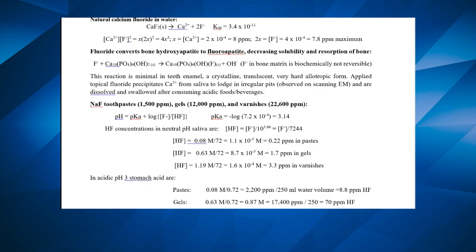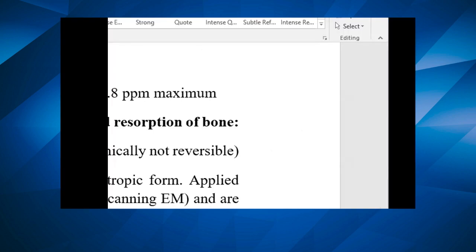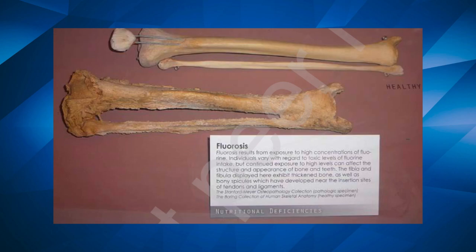But we don't have the picture on the screen. We have the other one? Okay, there's a normal leg bone up on top. Nice and smooth, clean, thin, like it's supposed to be. Here's the person who died of stage 3 skeletal fluorosis from low-level, non-acute poison consumption of fluoride for a long, long time. So low level meaning what's in the water supply?